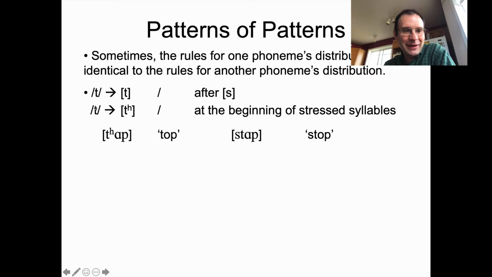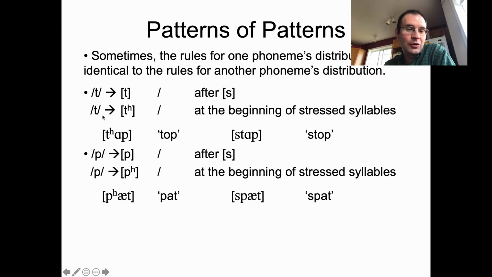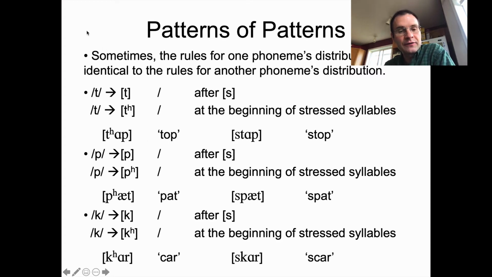So we've talked about that pattern at length. I even burned a couple matches to show it to you, so I'm not going to go back to that again. But I could have done the same demo with P's. So the P phoneme is unaspirated after S, like in the word spat. But if we pronounce P at the beginning of a word like pat, then it is aspirated. So we got the same sort of pattern as this pattern up here for the T, and we get the same sort of pattern as well for a K.